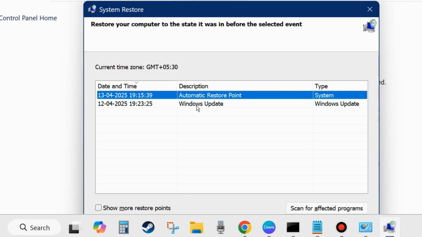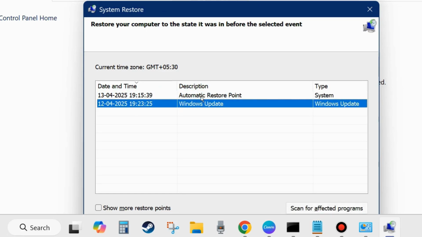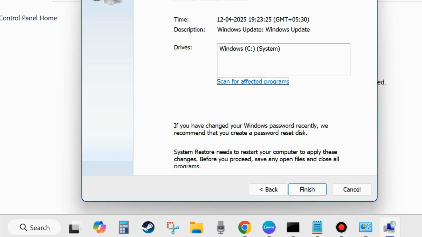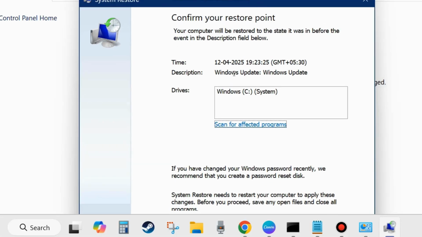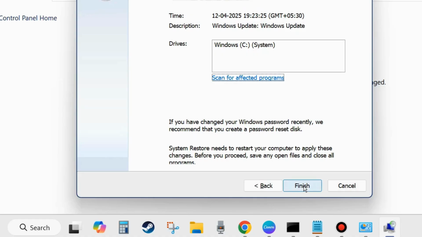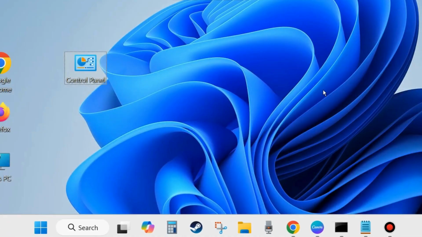Restore your computer to the state it was in before the selected event, either automatic restore point or other, and click on next and finally confirm your restore point. Click on finish. Follow on screen instruction to complete the restore process. After that, restart your system. Your problem should